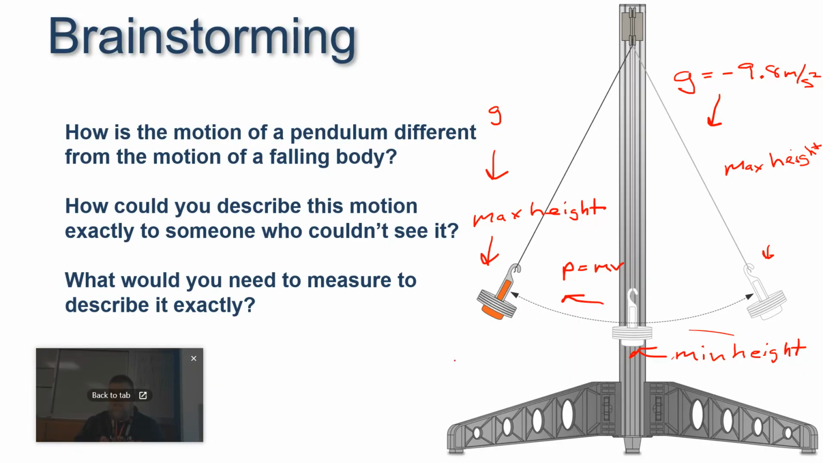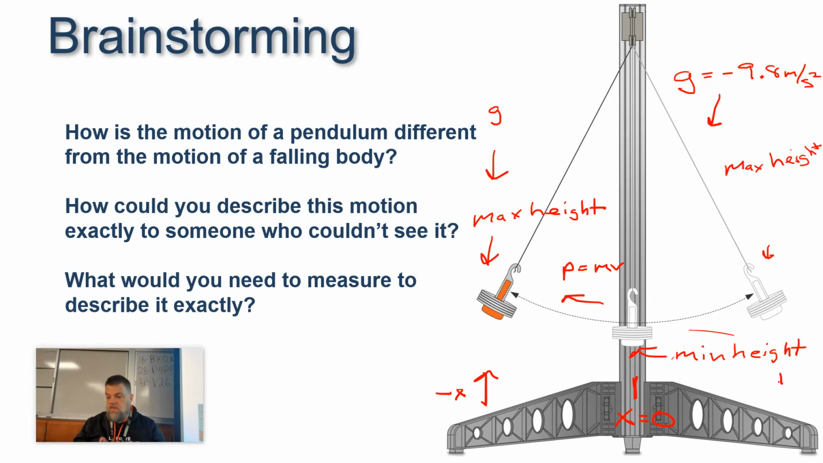But what happens if I were to measure this distance? This distance right here would be a negative x value. Let's assume that this is x equals 0. And then over here, this would be a positive x value. And so the x values are going to be positive to negative, negative to positive. And this is all going to happen over time. So one trip